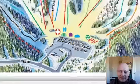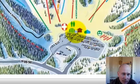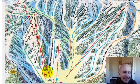So let's start right down here. This is the part I love. You come up Highway 50, you make a right into the parking lot, you drive right over here, and then you park. Like if you're early, you park like right there. You walk about 50 feet, you throw your skis on, and you ski right down here to the Garfield Chair. And you head on up to the Garfield Chair, and as soon as you get off, you hook around to